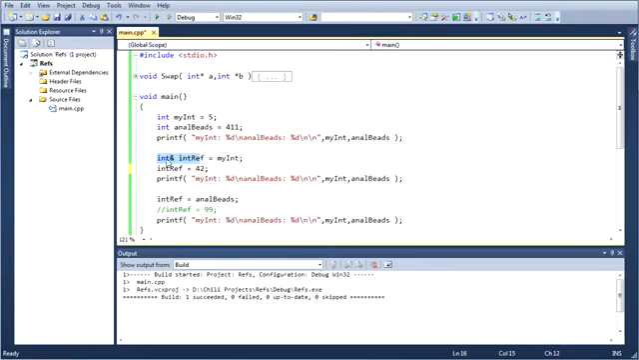Declaring references, you use the ampersand, and when you initialize it, you make it refer to something. And then after that, it just acts like a normal variable. But it's not a normal variable, it's a reference. Okay, now